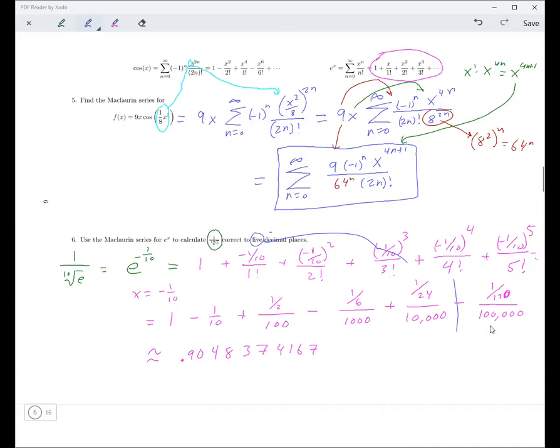So we only need to go to here, because this term right here, if you calculate that one, that's 1 over 12 million, which is about 0.00, like you got 6, 7 zeros and then an 8. So that's already